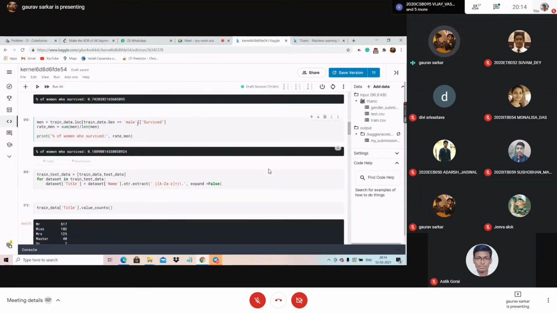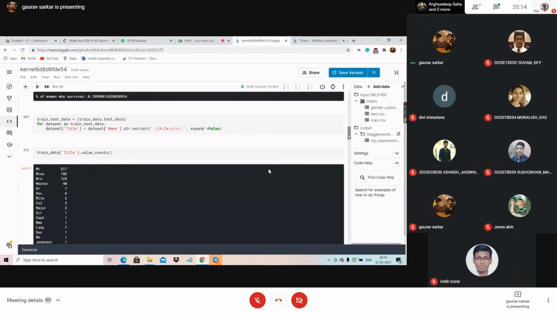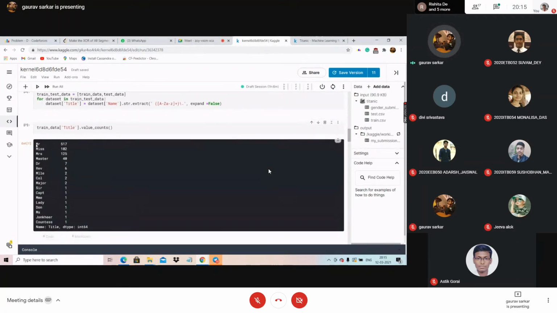Basically here we are trying to find if there is any dependency based on women. Now I am not explaining all these lines. I'm just explaining what it does, and not how it is being done. There is a column called dataset title, and it does something. What it does is it finds the number. See this output column: Mr. is returning 517. So it is finding, for the persons whose name begins with the title Mr., how many customers there are. How many are there whose title is Miss?